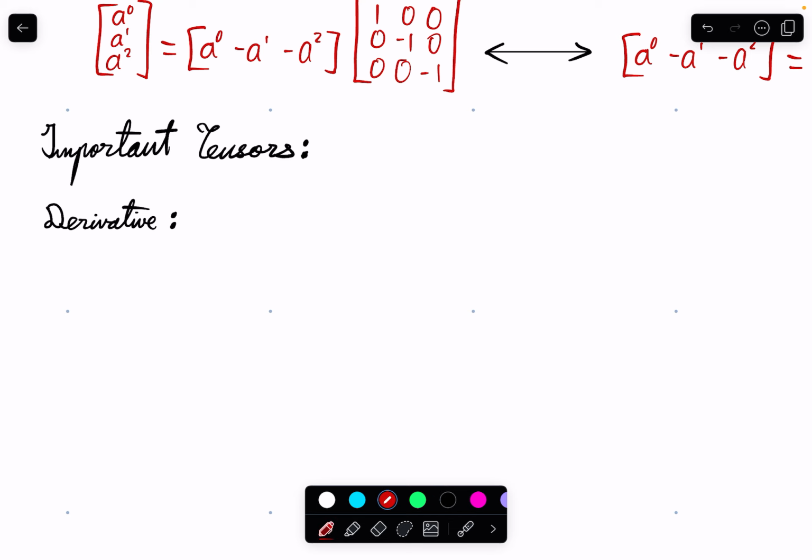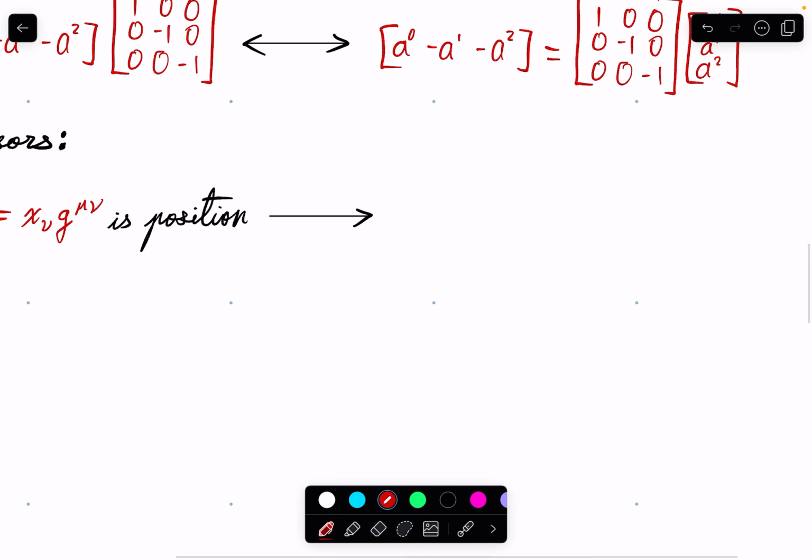So if x superscript mu equals g, sorry, x nu g mu nu, so if this is the position, then the derivative with respect to position is